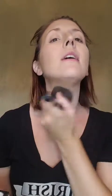After I do my foundation and everything, I typically go in with this translucent pressed powder, and this is considered a setting powder. It's also really great at kind of pulling any oils out of your face, so this is my summer must-have item. When I'm on the go, I just have this in my purse, and I just eliminate all of those little oils that are sweating for the day. My makeup is staying put, but at least everything else is